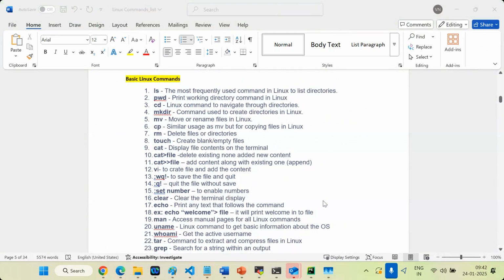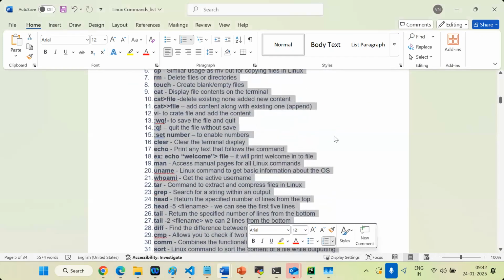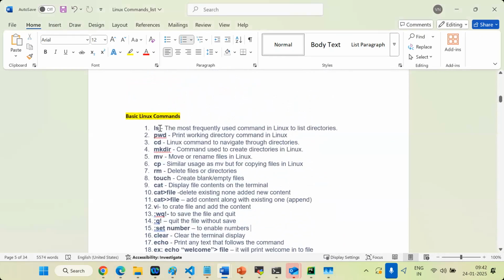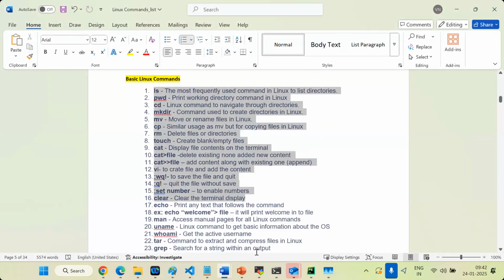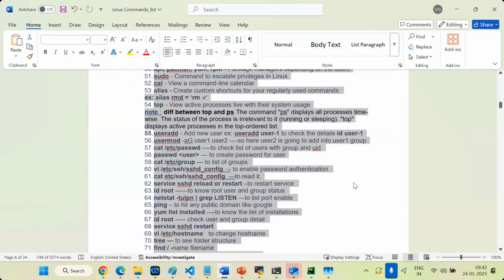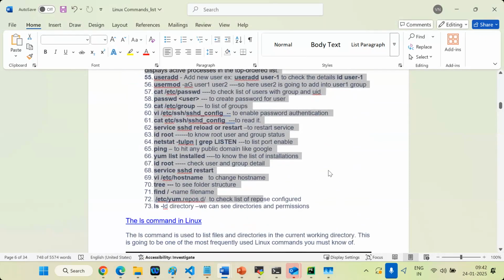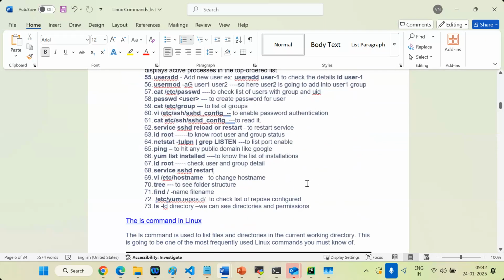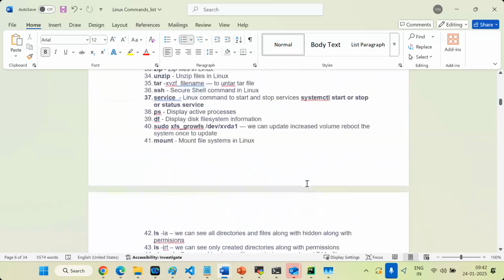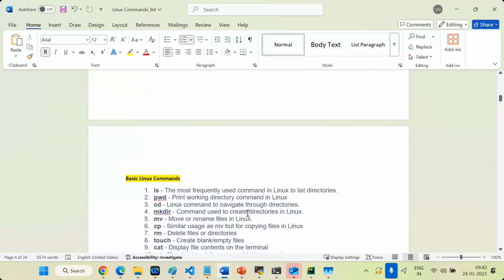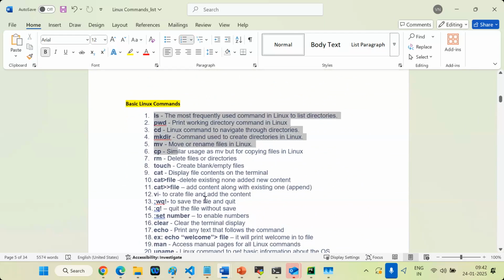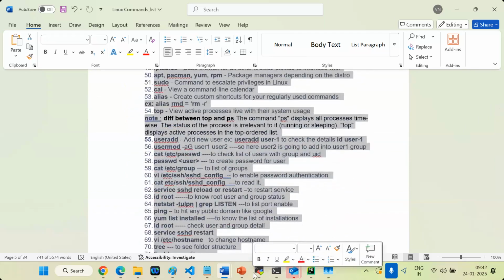GitHub, not one day, 8 days. GitHub is a very important tool. Many people think Git is very light, but Git is a very powerful tool, a very dangerous tool. Compared to all the tools, Git is the one, guys. A lot of escalations happen in IT because of Git only. If you don't handle it in a proper way, everything will collapse. So Git is very important. That's why here we are going to learn Git for 7 or 8 days.